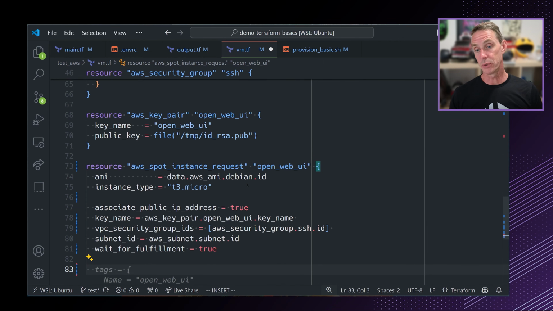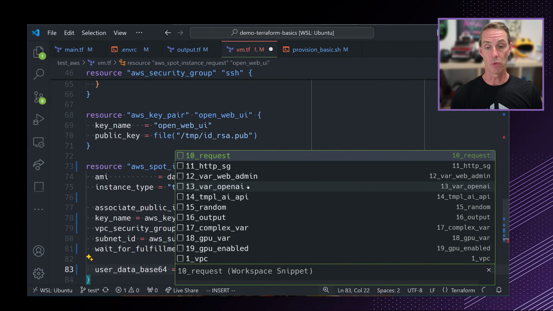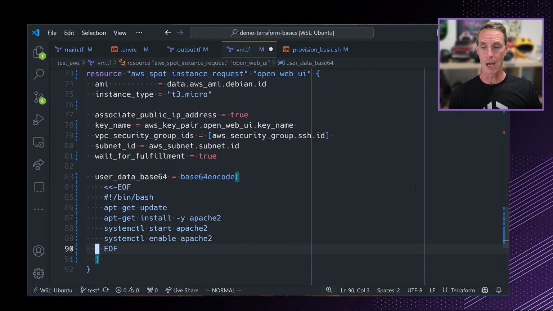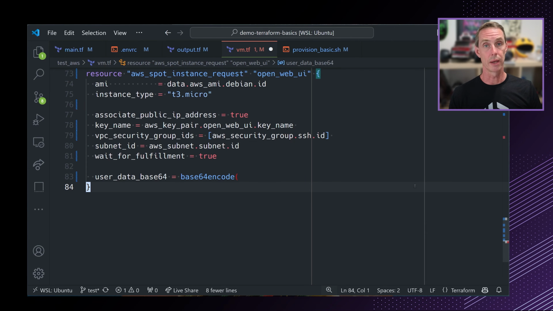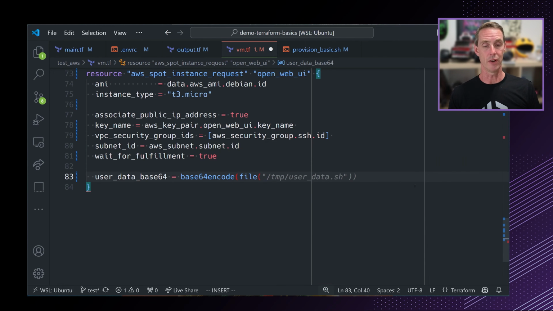So we need to be able to add this. So we're going to do user data, and we want to specify the base64 version of user data. So we need to specify our file, our provision basic sh, as a base64 encoded value. Terraform functions, we're going to use two more. We're going to use base64encode, and base64encode will take a string and encode it in base64 format. So to get that string, we can use file, and then we can specify the name of the file here, which is going to be